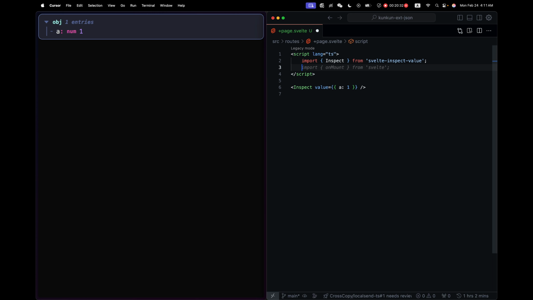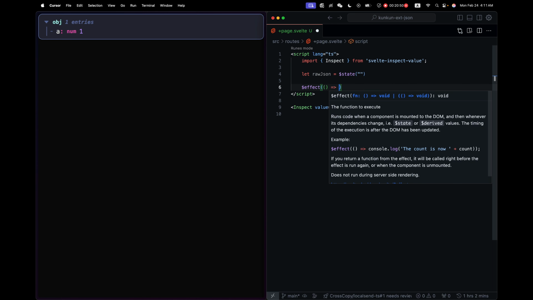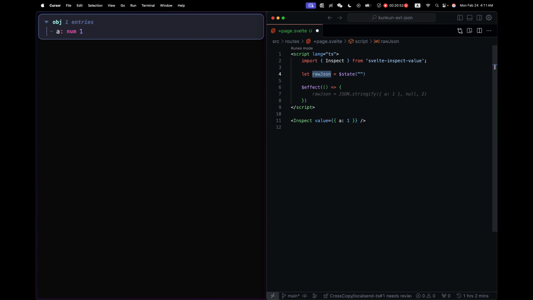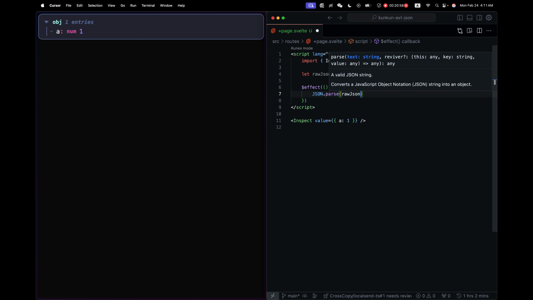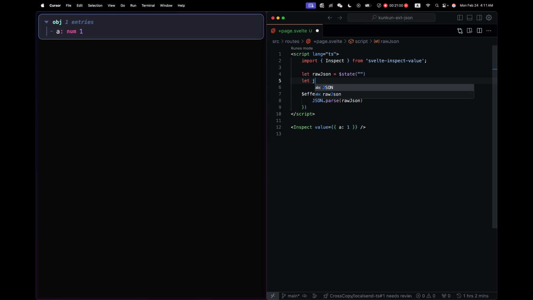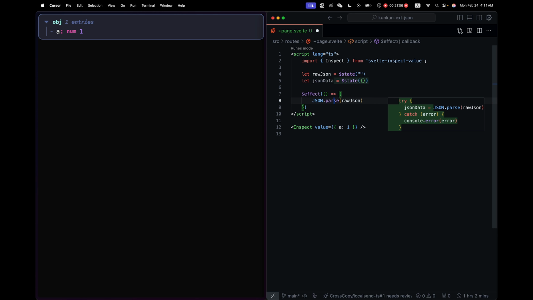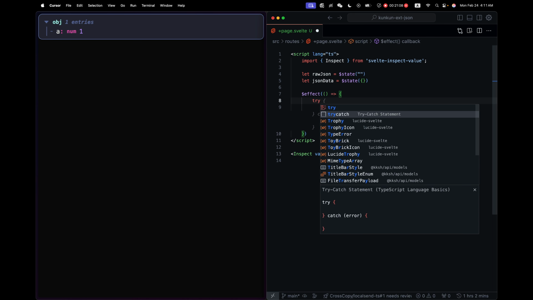Now, let me raw JSON state effect. So this is wrong when the raw JSON is modified. So JSON.parse the raw JSON, JSON data. Let's try catch